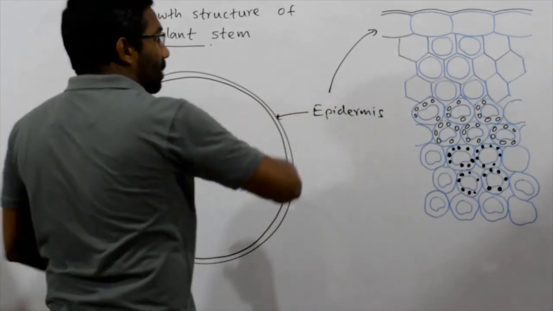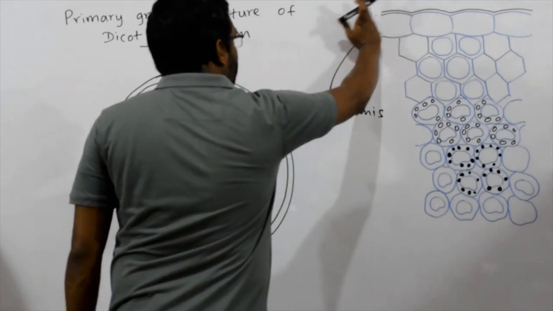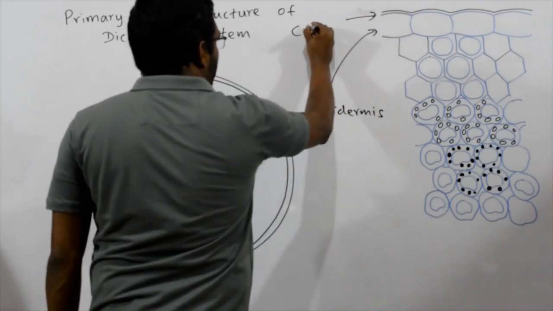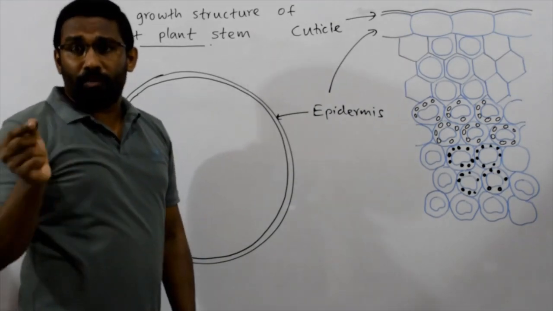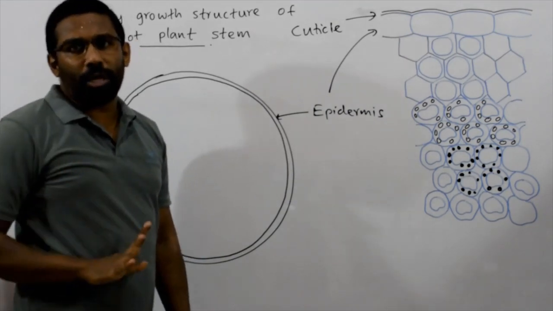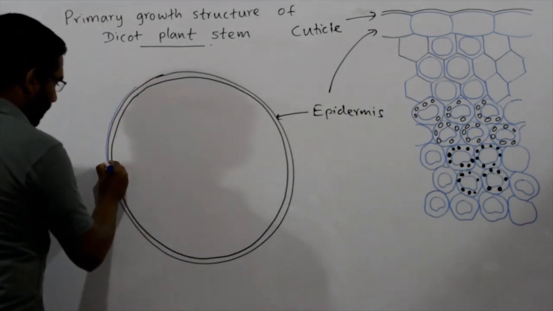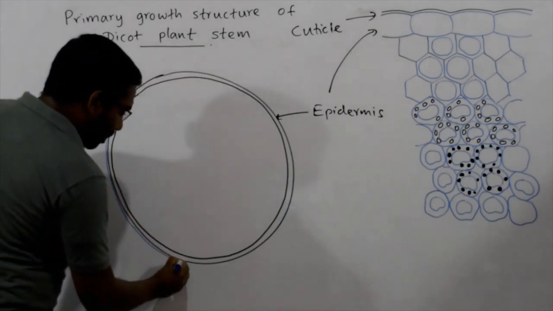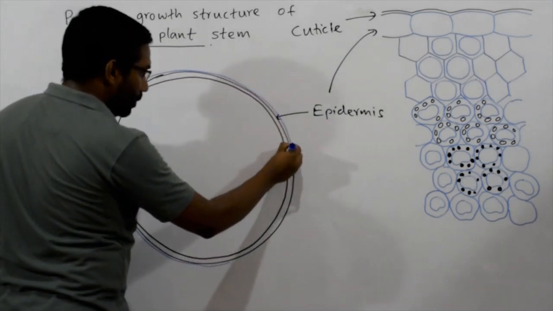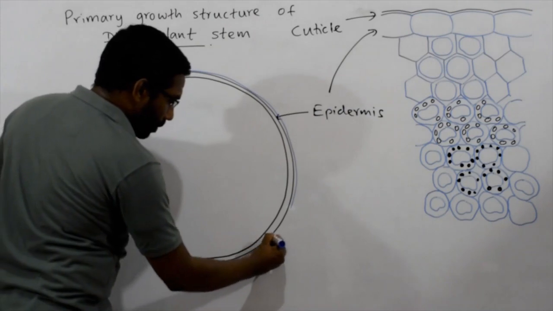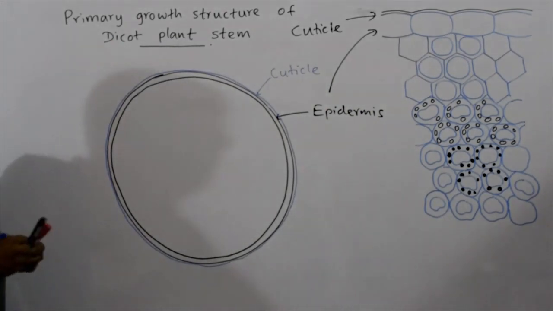Okay. Then this epidermis is covered by a cuticle. That means over the epidermis, a thin cuticle is present. This is cuticle. This cuticle is mainly made up of cutin. So it's a water resistive layer and it reduces water loss from the plant. So here simply I will draw the cuticle. Imagine this is the cuticle found surrounding the epidermis. Remember, this is a transverse section taken through permanent tissues. So this is cuticle. Okay, that's about the epidermis.